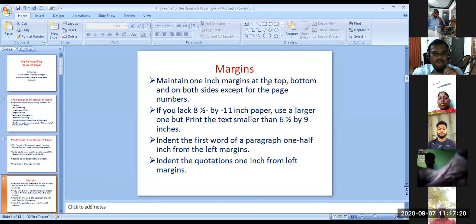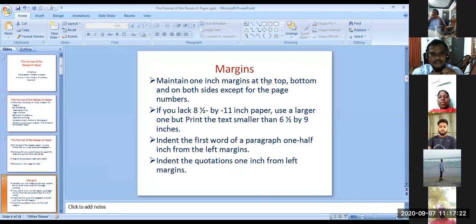Margins, first of all. Maintain 1 inch margins at the top, bottom, left side and right side, except for the page numbers.